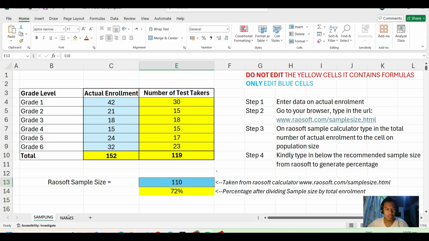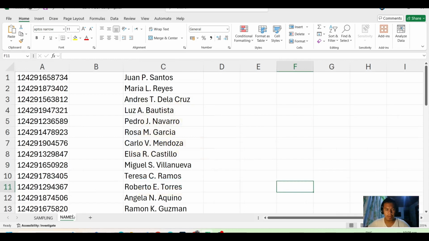Now let's go on to the listing of the names using odd and even. It was instructed that we will use only the learners listed on the odd numbers in alphabetical order.